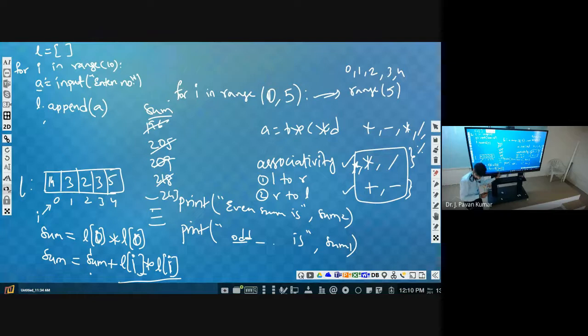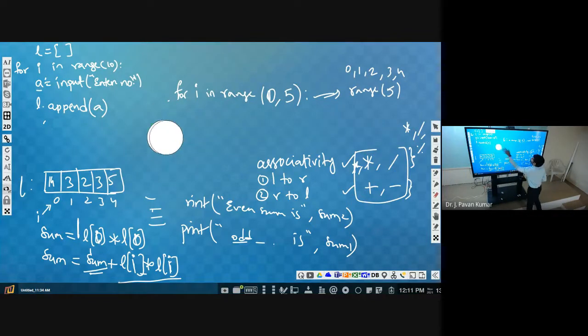I value I am assuming should vary from 0 to 4. But what about the sum for the first time? Sum should be 0, so that it will not affect anything. Understand? So 0 plus 196. So that we can generalize this entire thing. So after generalizing, how will it be?